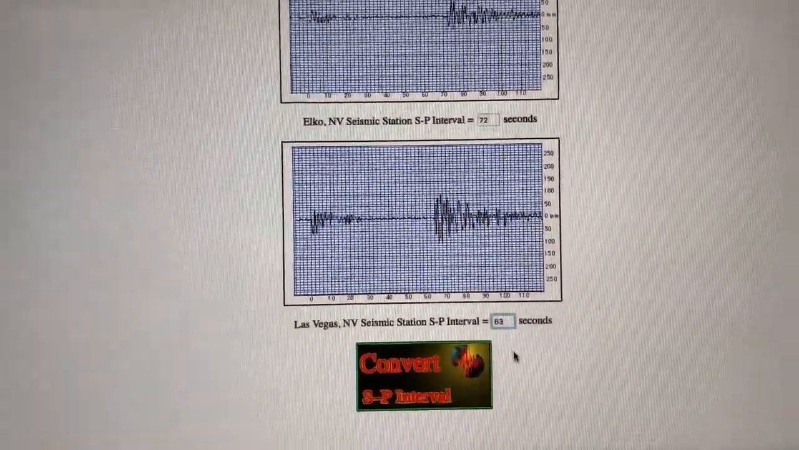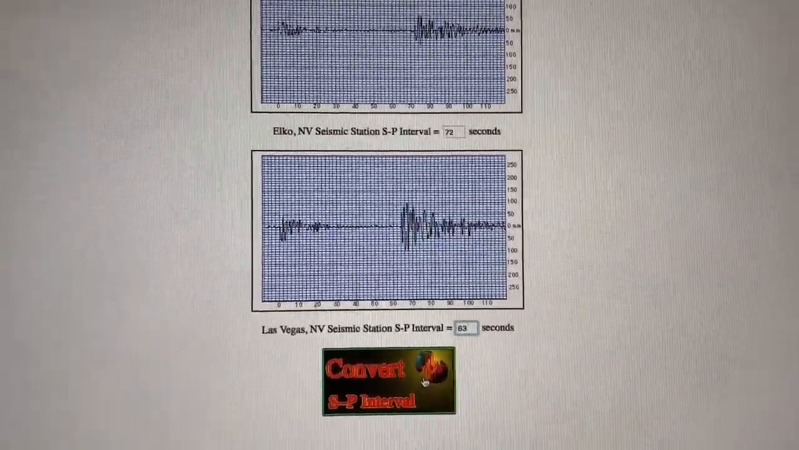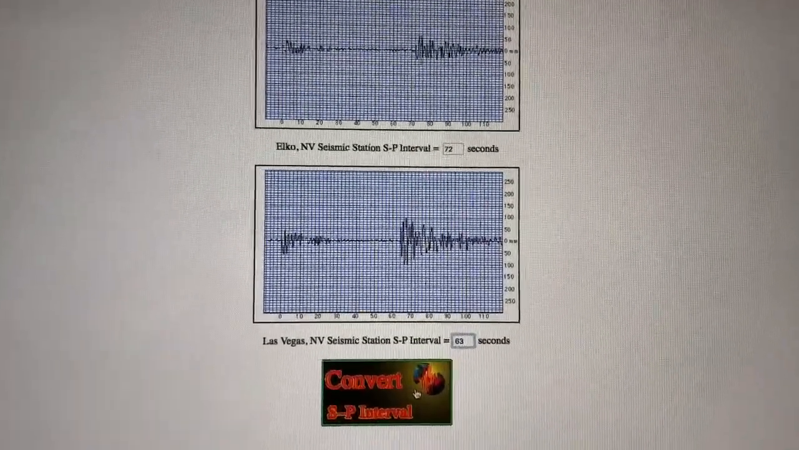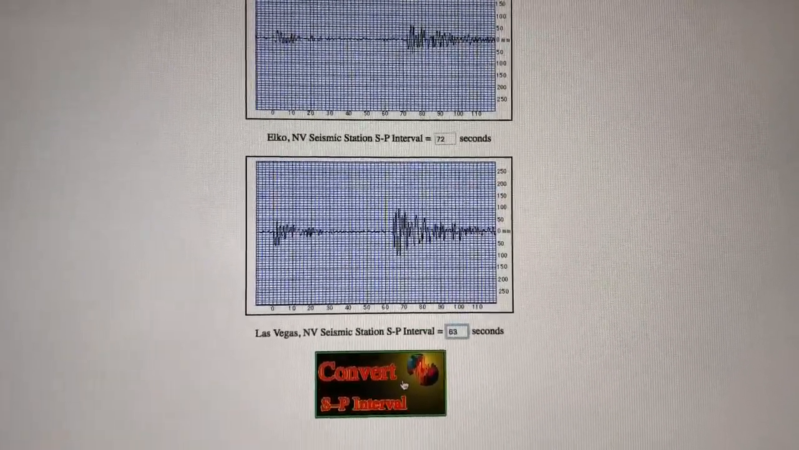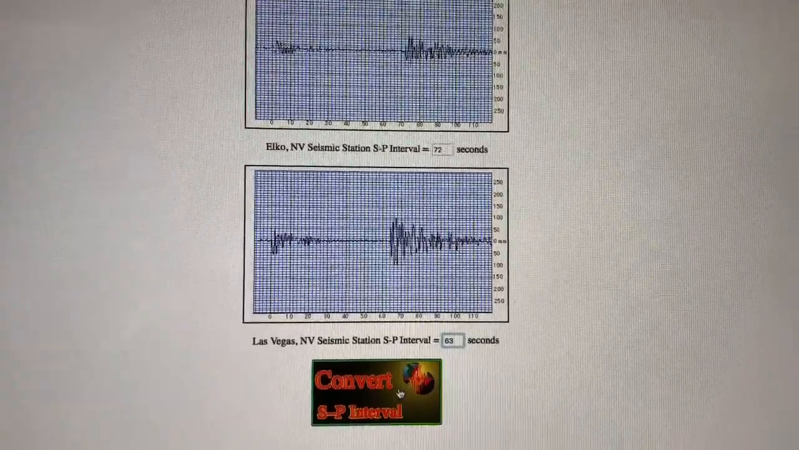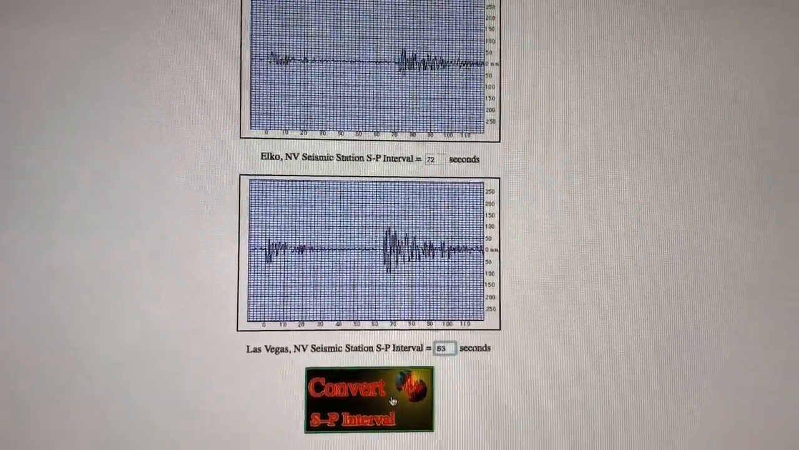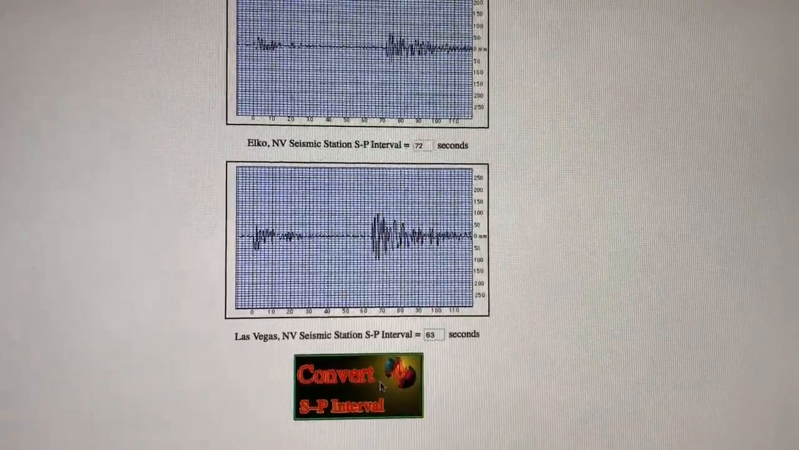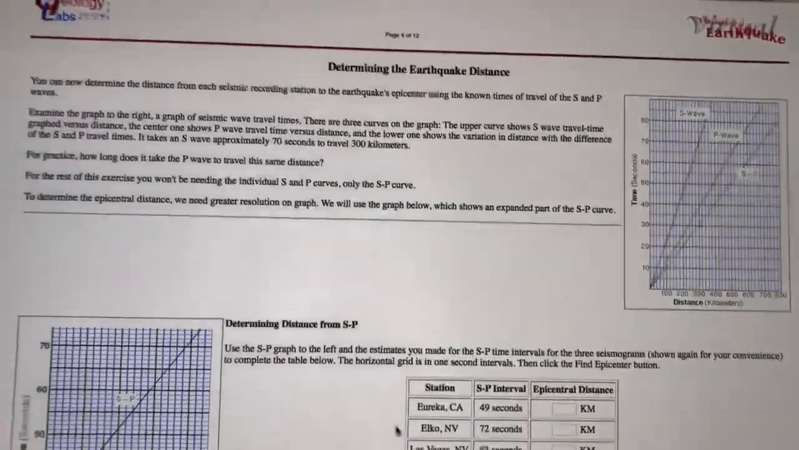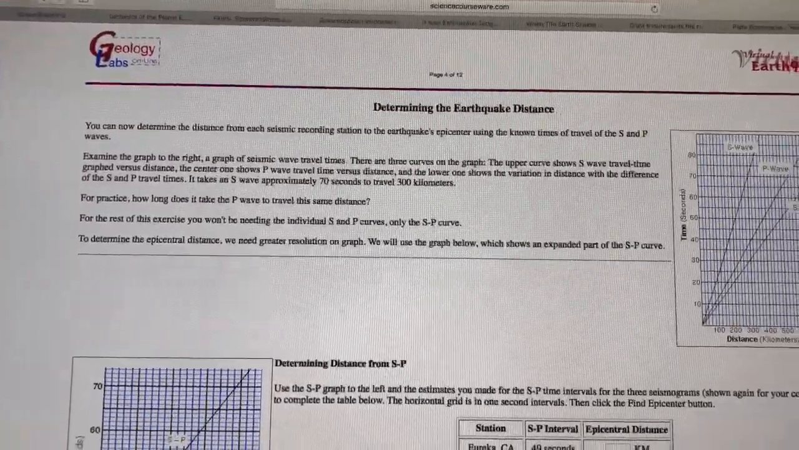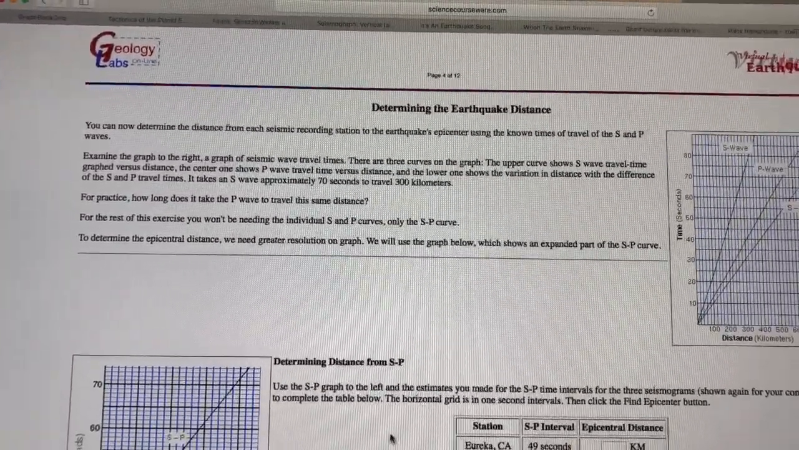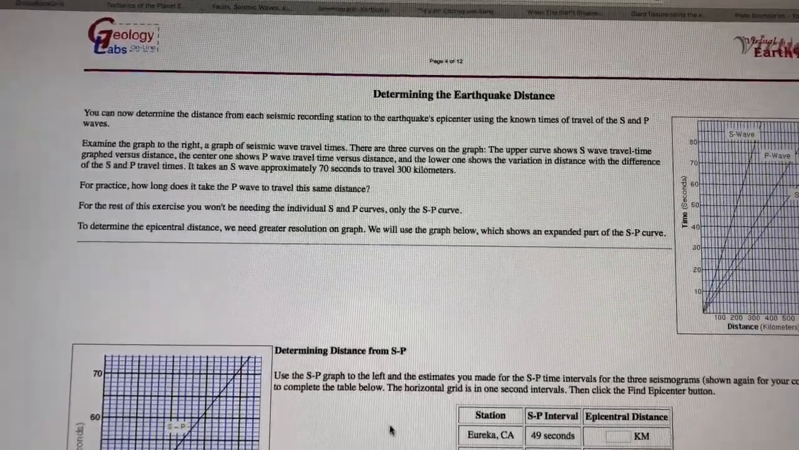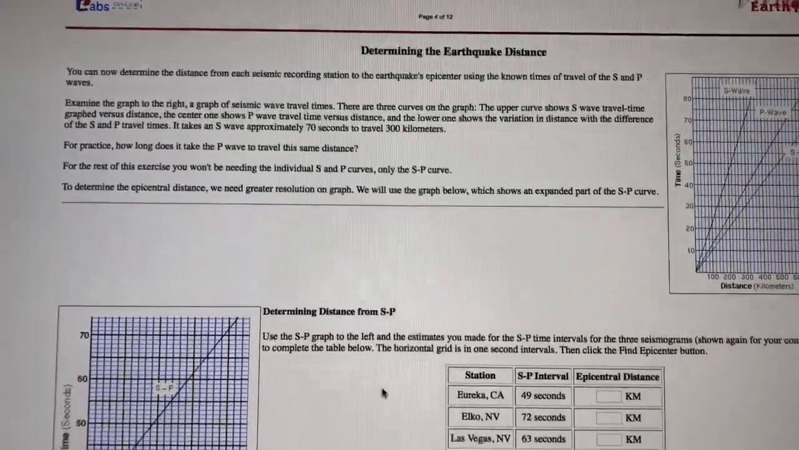Now, if you're not close enough, it's going to tell you that your measurements are not accurate enough, and it's going to send you back to fix them. So be cautious, but don't spend forever. Zoom in to the screen as needed. So I'm going to click Convert, and then it wants us to now do some work to determine the earthquake